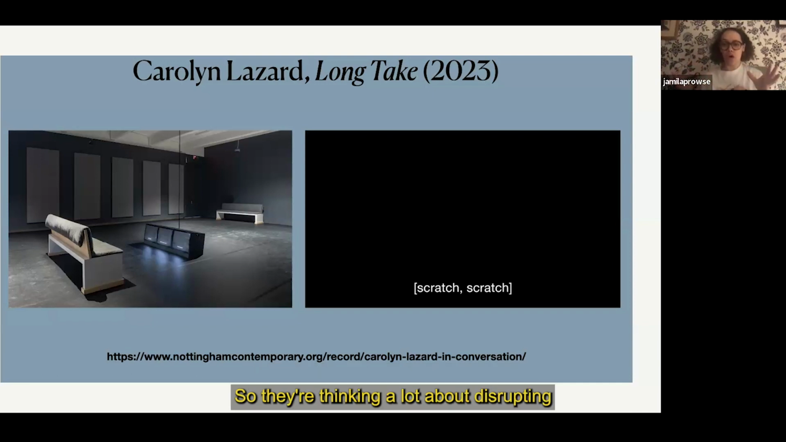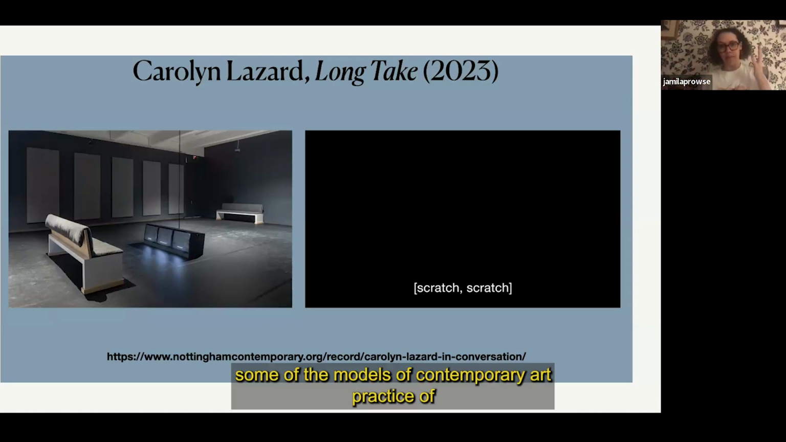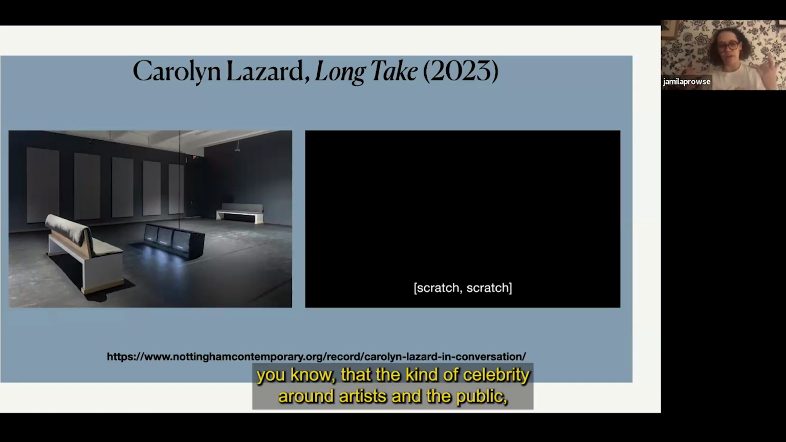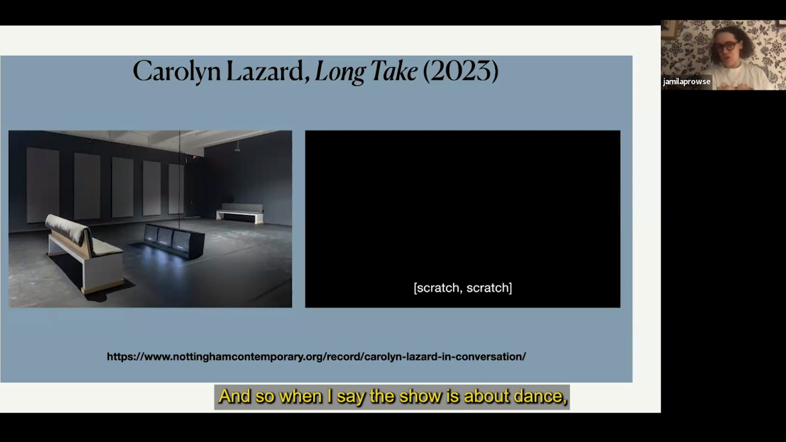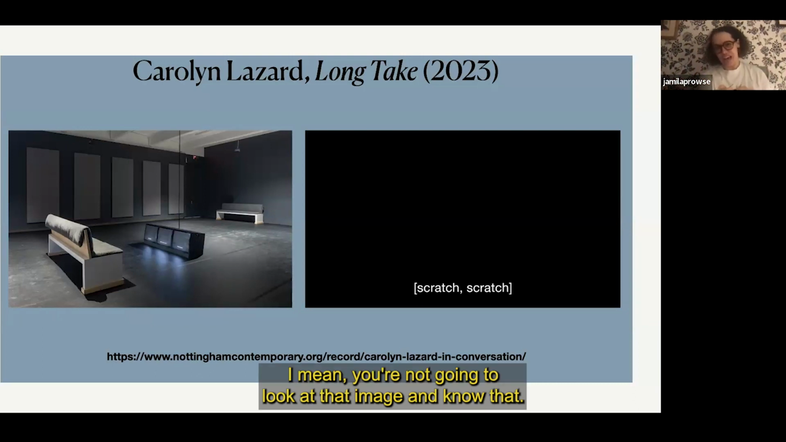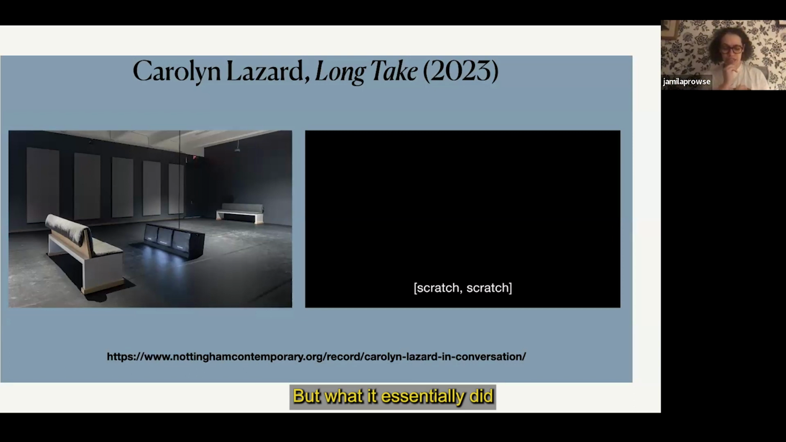So they're thinking a lot about disrupting some of the models of contemporary art practice, of what we focus on, the kind of celebrity around artists and the public image of an artist, but also the ways that we translate a show. And so when I say the show is about dance, you're not going to look at that image and know that. But what it essentially did is that,